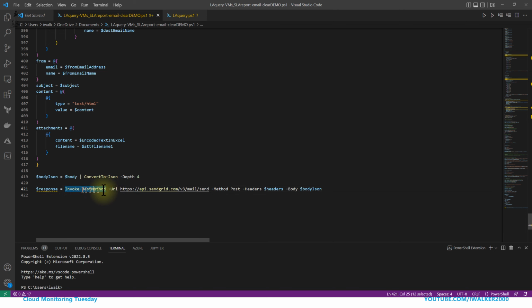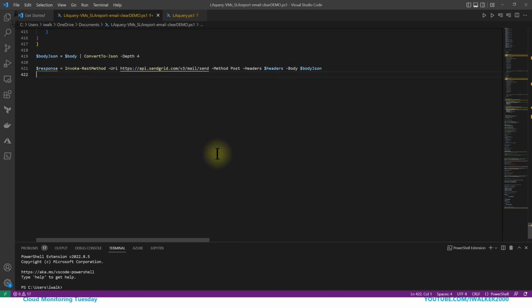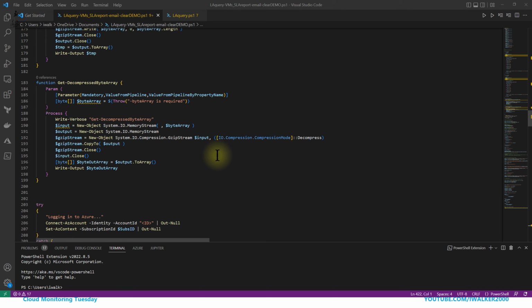Not only like in alerts, where you use exactly the engine of Azure to send the alerts, but this one could be customized by you. You see, I build the body, and after that execute the REST method with the header that I built and the body that I built. So this is the scenario, but